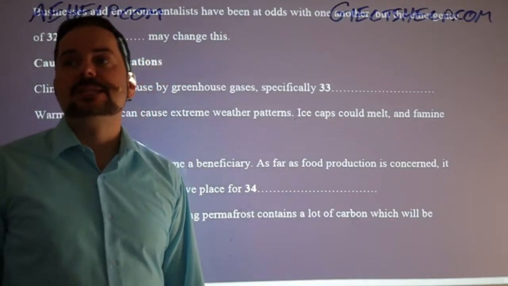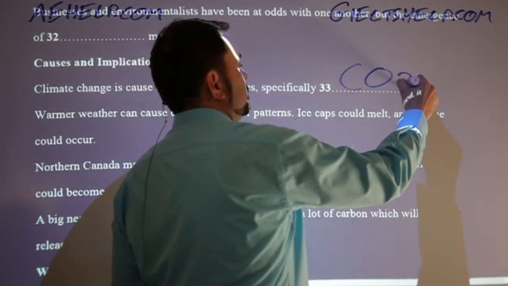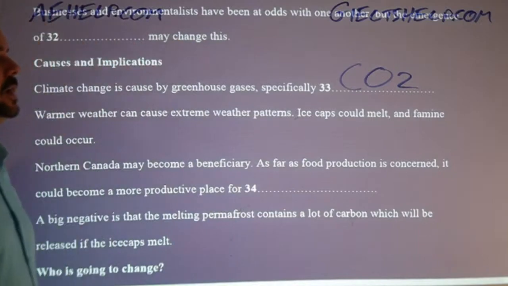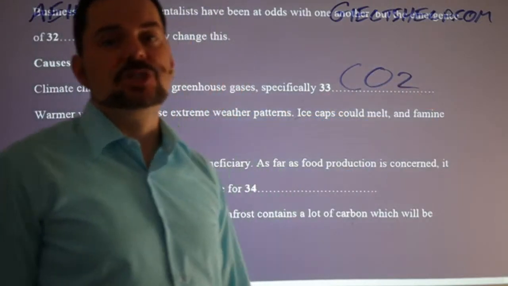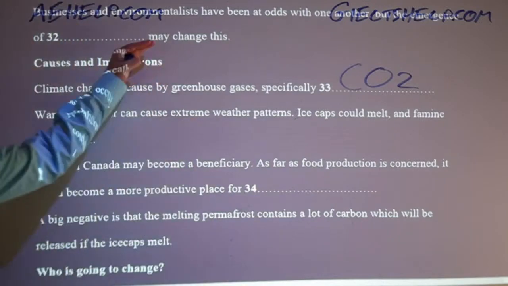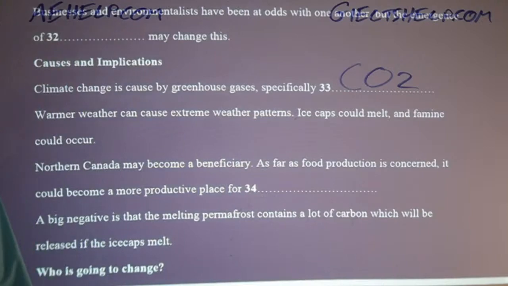Easiest way to give this answer is what Hari did. So Hari just did this, CO2. And that's all you need. Okay, so it saves you on spelling mistakes. CO2. Carbon dioxide. So if you know the abbreviation, much faster, much easier. When the text is going so fast, I definitely recommend using short form.